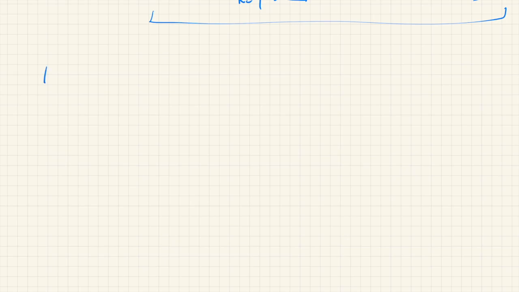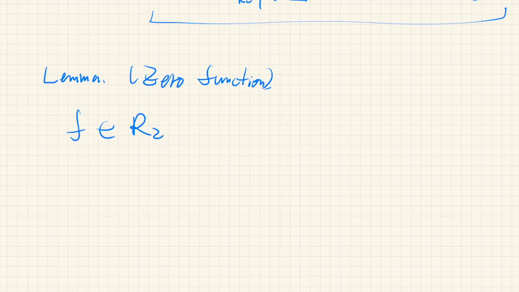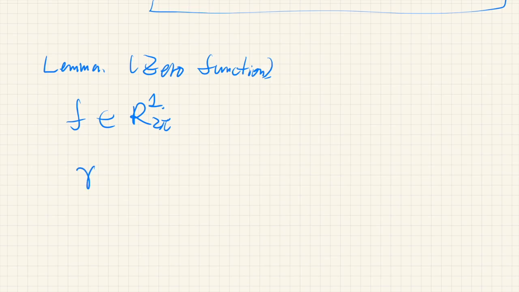So first one, lemma, that is zero function. So assume the function is periodic and absolutely integrable. Then if the complex Fourier coefficient of that function is 0,